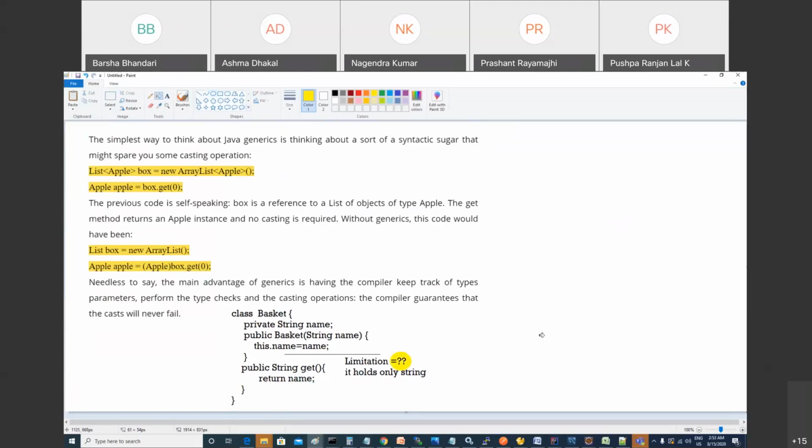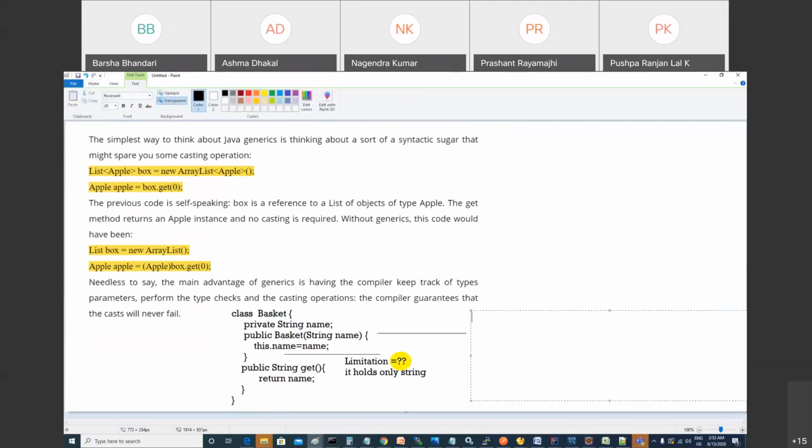You got it? Yes. So if I want to design my class in such a fashion that it can hold anything, what do I need to do? I have to use generics. Ashma, the same thing I'm going to make with generics. Generics says if you don't know the data type and you want to design, then at class level you can use the general type T. Ashma, are you with me? Yes, sir. After the class definition, angular bracket T. T could be anything. It's not necessarily T. Can we use PT? Yes, GT, PT, whatever you want to keep.